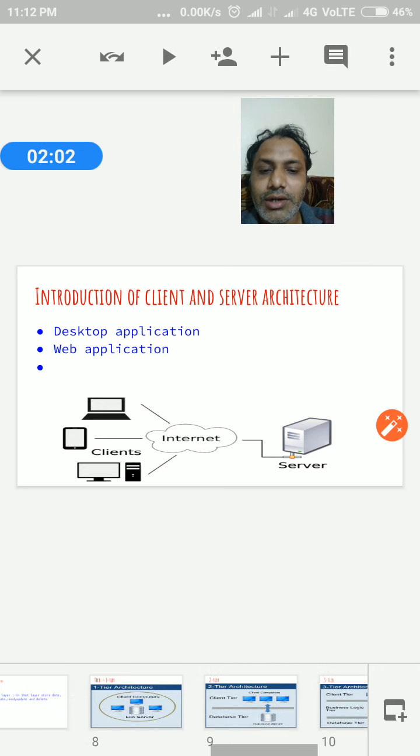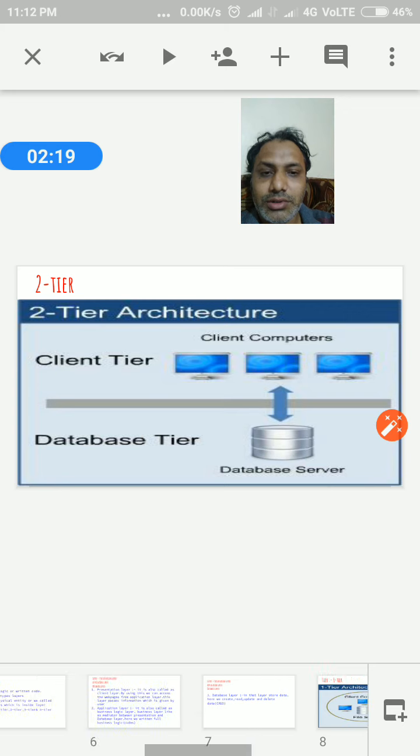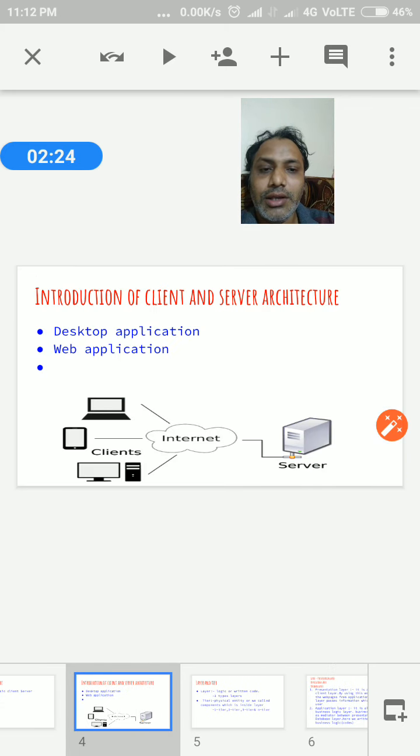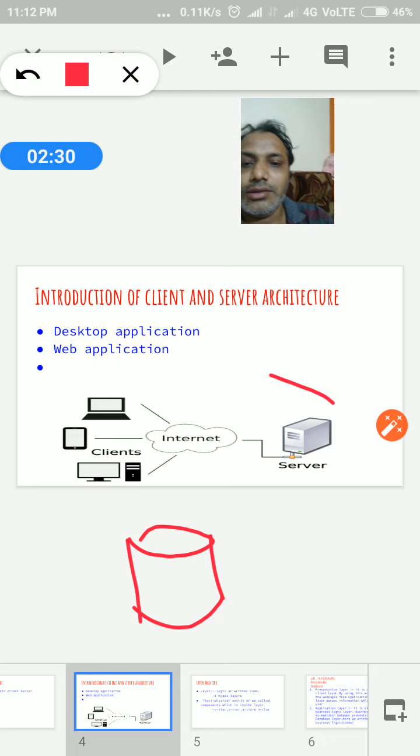Here we have the diagram. According to that diagram, we see a separate client tier and a separate database tier. The client tier has the number of client computers, and the database tier has the database server. So we can also call it the second tier according to the diagram. Suppose we draw the one database here, and this one here.